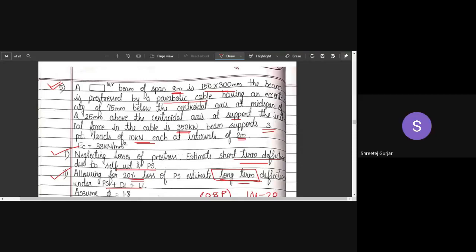As I tell after every class, make sure you practice in a notebook. Don't just read whatever I send. You have to practice. Practice is very important. If you don't practice, you'll face problems in your external. Internal will be no problem, but external you will face problems. Make sure you practice.